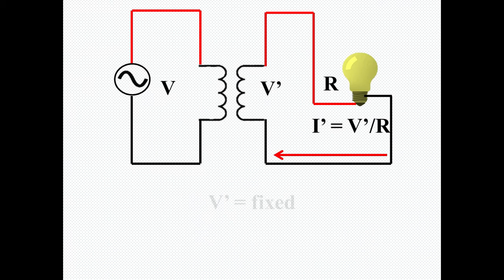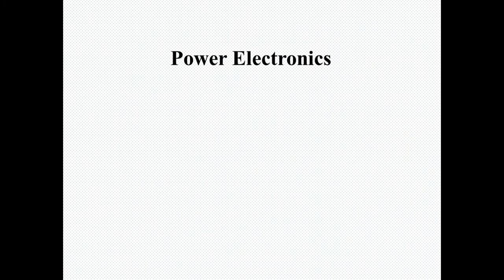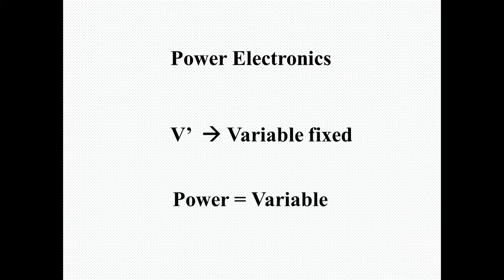Moreover, once a transformer is fixed, then the voltage cannot be varied in the lifetime. So again, we are stuck with fixed power delivery and a fixed brightness of the lamp load. Here comes the role of power electronics. It enables the user to vary power delivery whenever he or she desires it.